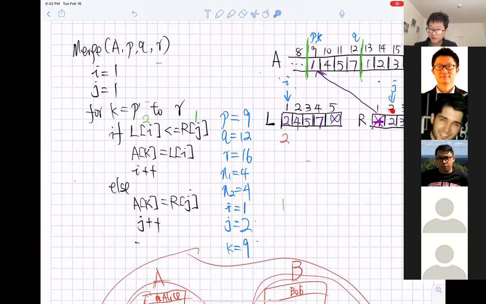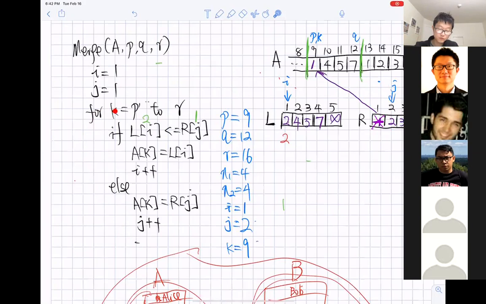So we just focus our eye. Basically, it's like we already deleted this number from the array R, and from the remaining numbers, the smallest one in the subarray R is pointed to by j, at index 2. So that's why we increase j by 1.